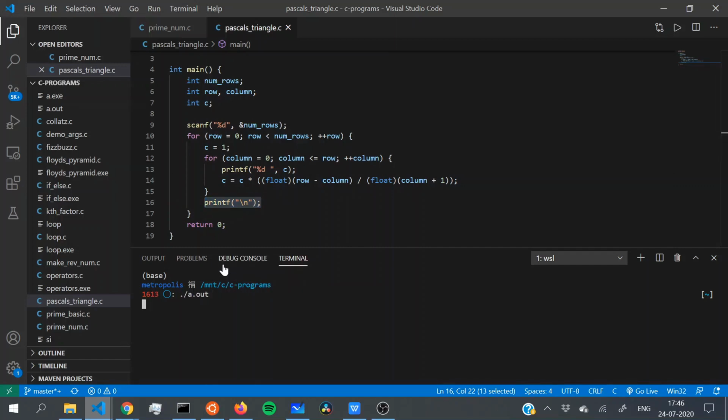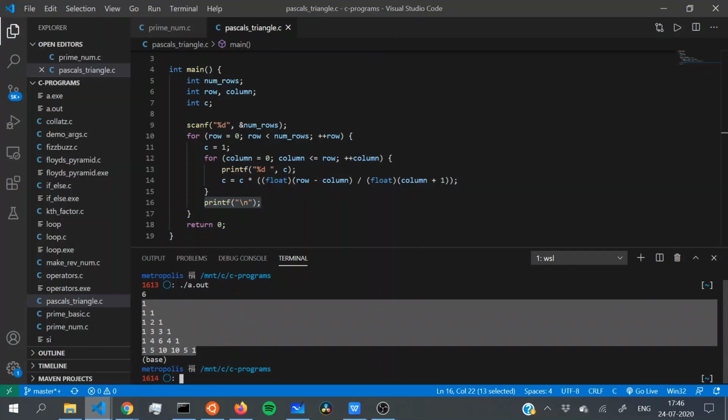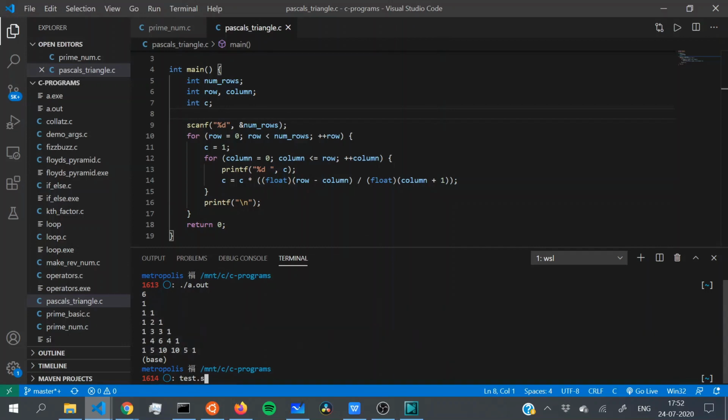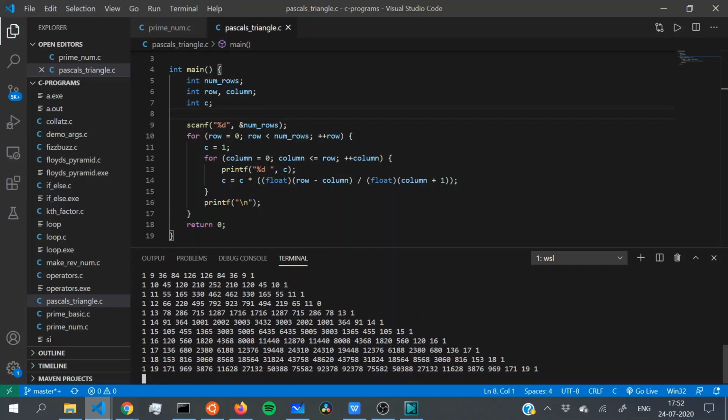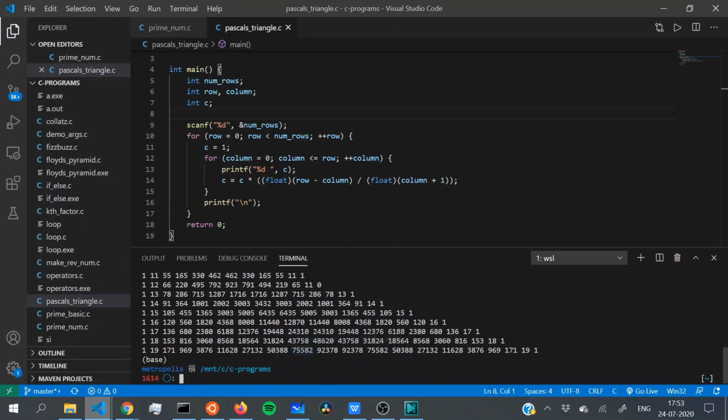Now, if we see the output of this, let's calculate till 6 rows. Well, there you go. We got our left aligned Pascal's triangle. I hope you guys understood how important maths is, because maths just saved us a ton of calculation. And you can see if I wanted to print larger numbers, like say 20 for example, well then we actually reach the limit of our integer, so replace this int with long int and you can get much larger triangles.